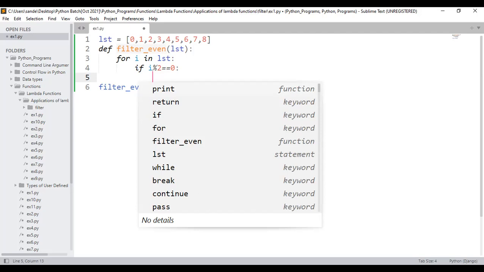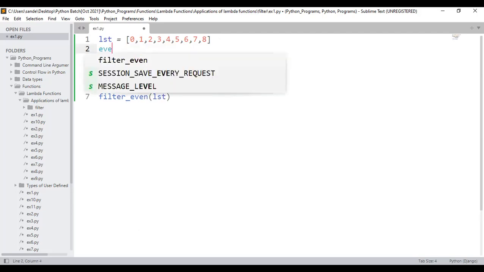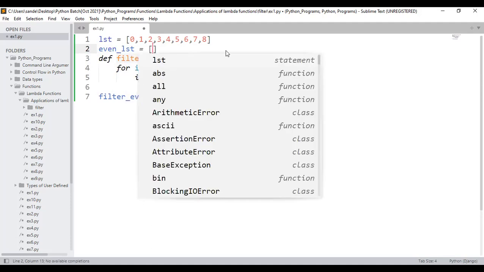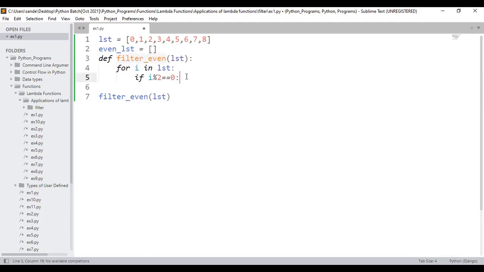Now what I'll do, I'll just try to append the data. Sir, how will we append, sir? Initially, I'll just do one thing. I will consider an empty list. I'll say e1_lst happens to be the empty list. How to append data to a list, I hope I have told you: using the append function. I'll write e1_list.append.